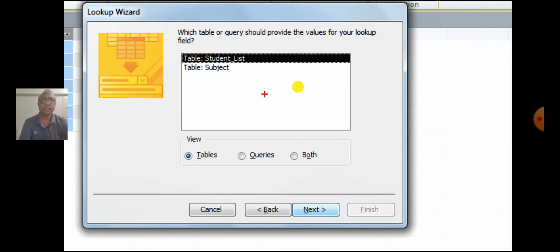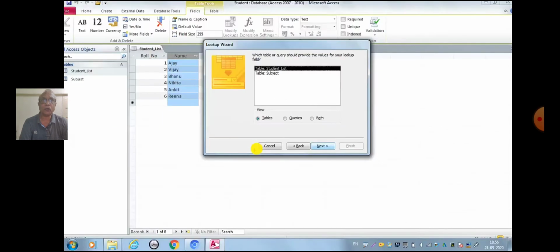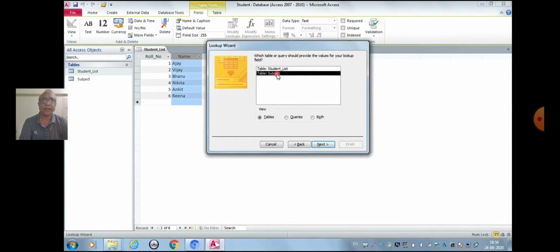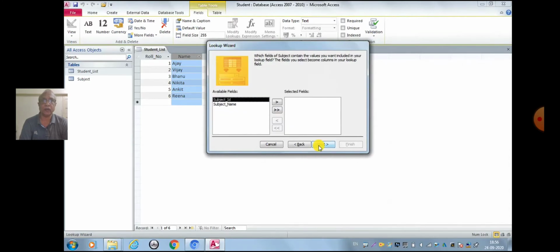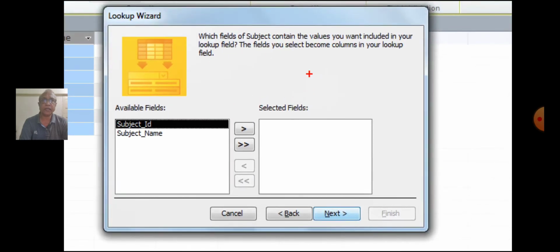The next screen is displayed, which asks us to select the name of the table that provides the lookup values. Select the subject table and click next to move to the next screen. All the fields in the selected table are displayed in the available fields box.